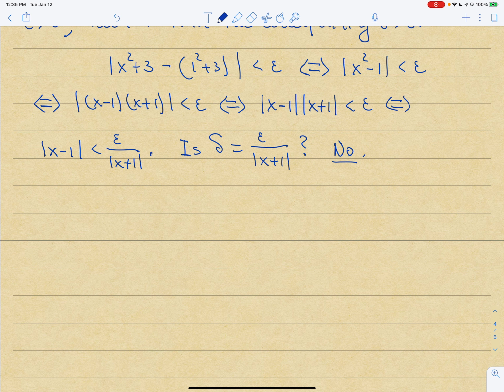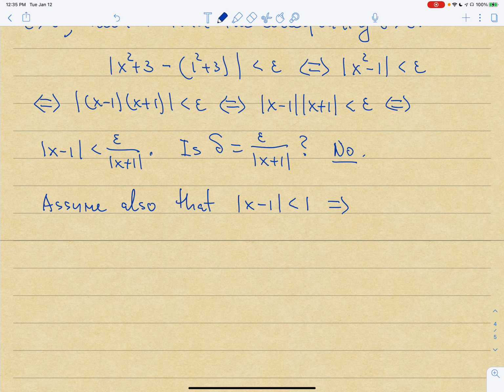Let me write this here. So now assume also that |x minus 1| is less than 1, right? So I'm looking at my delta, inside the interval of distance 1 from my point 1. So if I assume that this is true,